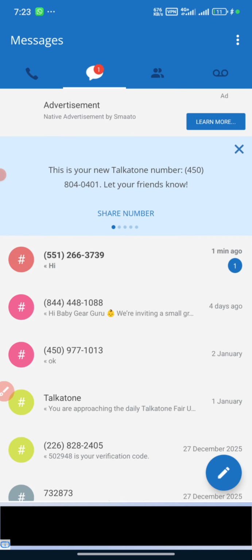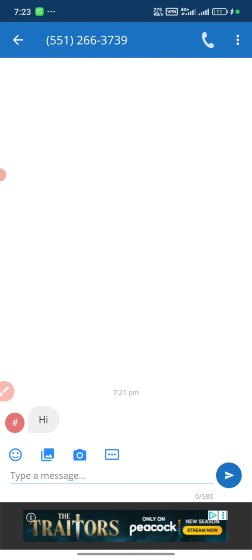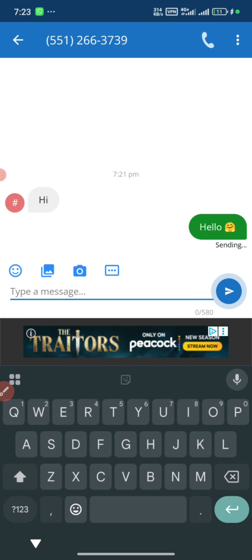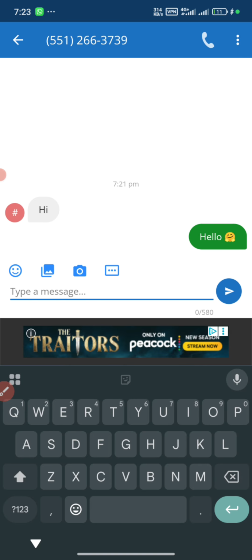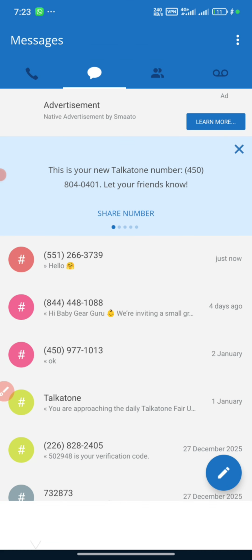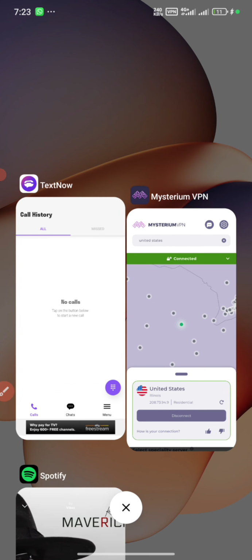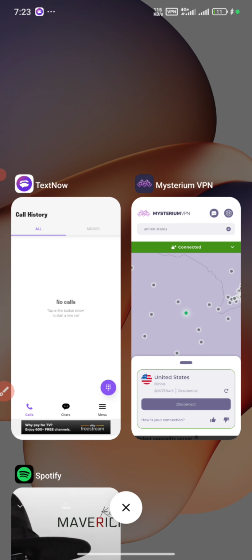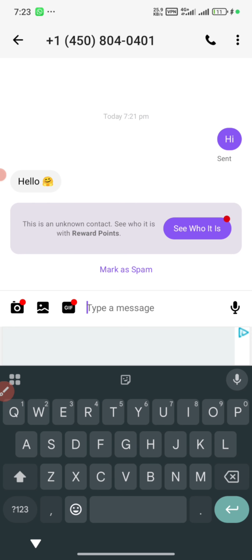Alright, you can see the message right here, and you can see numbers. Let's log out of this, and you can see the message that has already arrived. So that's how easy it is to